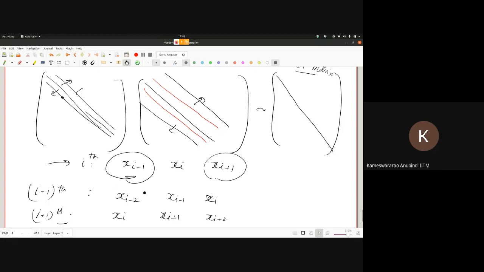So in the I minus 1 equation, if you try to express xi minus 1, it will be in terms of xi and xi minus 2, and xi plus 1 will be in terms of xi and xi plus 2, right? Now you substitute for these two into the ith equation, then your dependency on xi minus 1 and xi plus 1 is gone. Instead, now you are introducing xi minus 2 and xi plus 2, which is basically nothing but this shift. So this dependency on I minus 1 is gone, and you're introducing I plus 2. Similarly, if you have an element here, I minus 1 is gone, you're introducing I minus 2, right? And the same is repeated until you end up with a